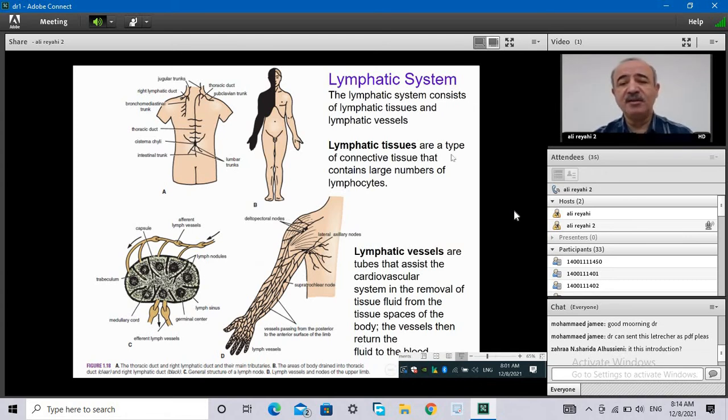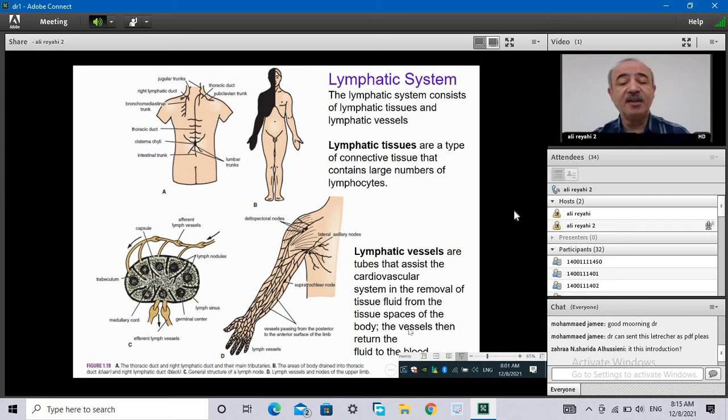These organs are called lymphatic organs or lymphatic tissue. Lymphatic tissues are a type of connective tissue that contains a large number of lymphocytes. Lymphatic vessels are tubes that assist the cardiovascular system in the removal of tissue fluid from the tissue